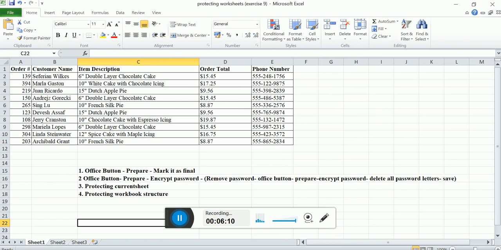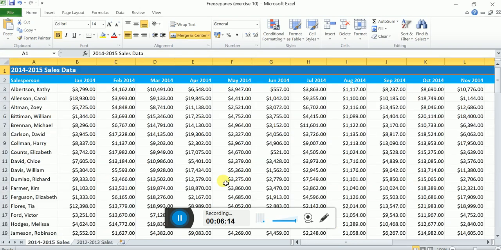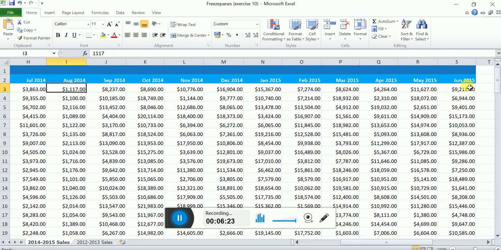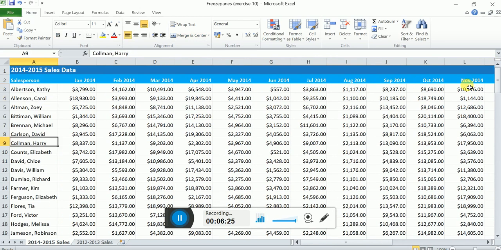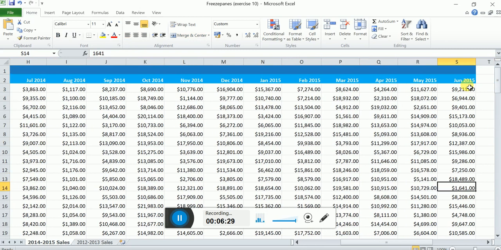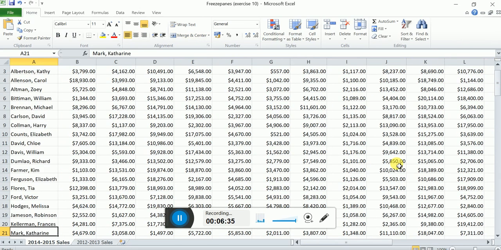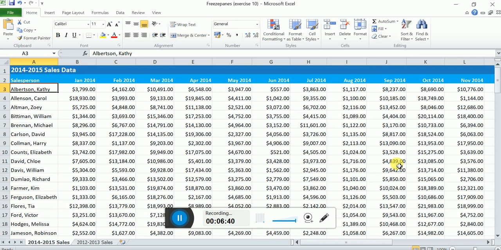And the third concept which you're going to see is freeze panes. See, there is a data sheet, there are so many people and so much data for every month. How do we see a particular person's data for each and every month? When you scroll down, you can't find the month, and you can't find the particular people for each and every sales value. How do we rectify this issue?